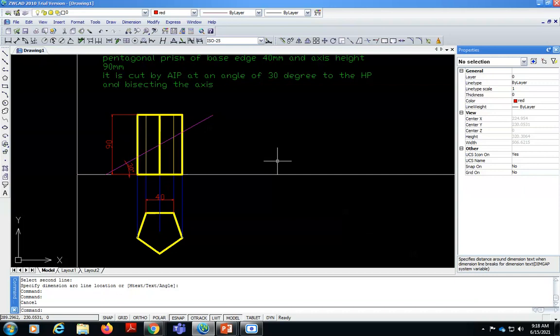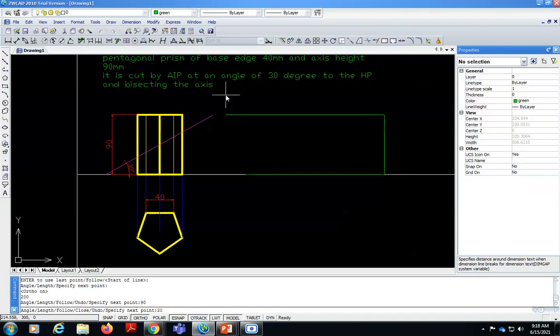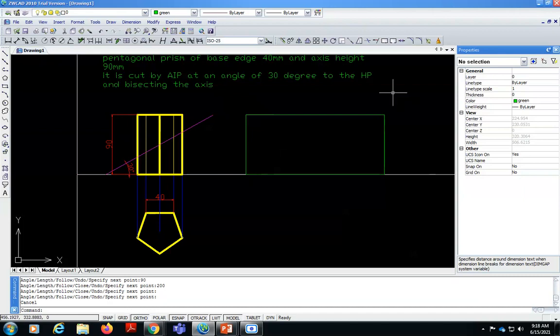So the DLS for this pentagonal prism will be a rectangle of 40 mm each surface into 5 number of surfaces. That means a rectangle of 200 mm length, and height equal to 90 itself. So we'll draw the DLS for this first of all, and then we'll show the cutting sides. So here it is 200, axis side is 90. We need to divide this rectangle in 5 equal parts.